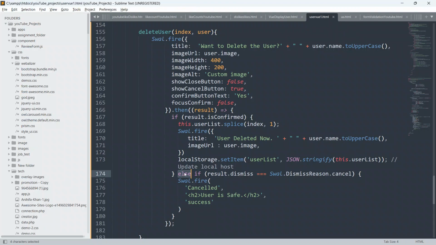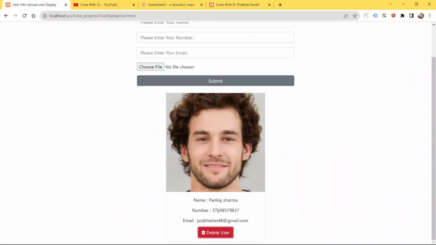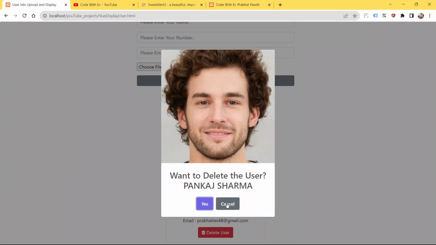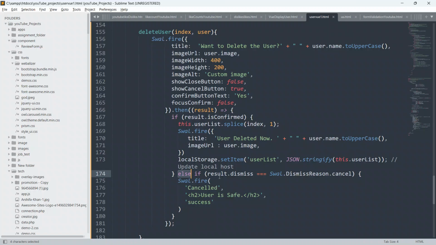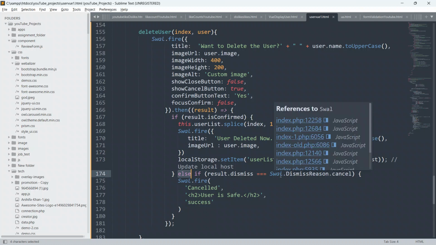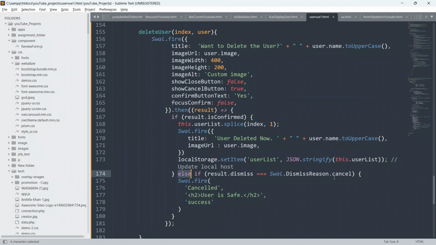Else if the user has pressed the cancel button, then only we will say result.dismiss equals Swal.DismissReason.cancel.